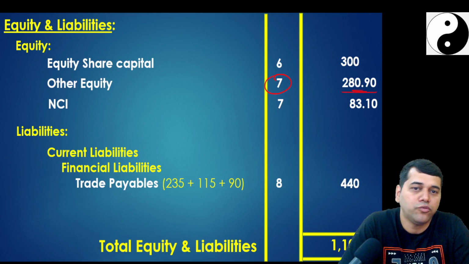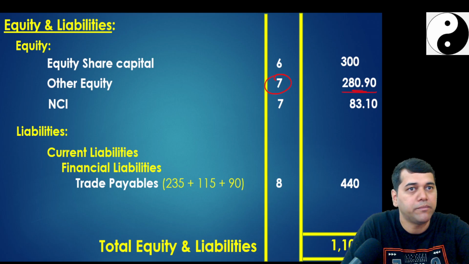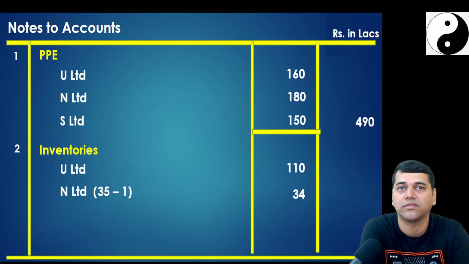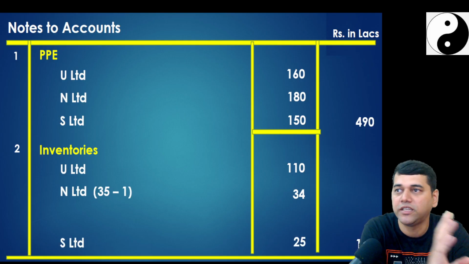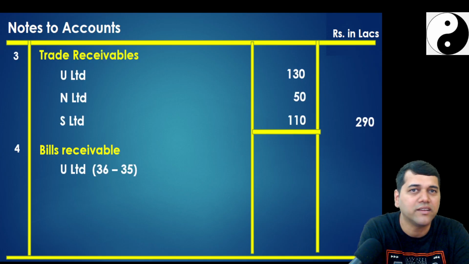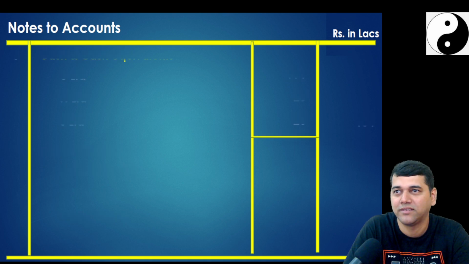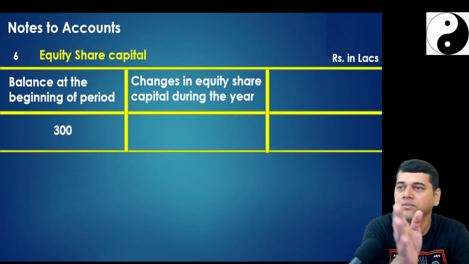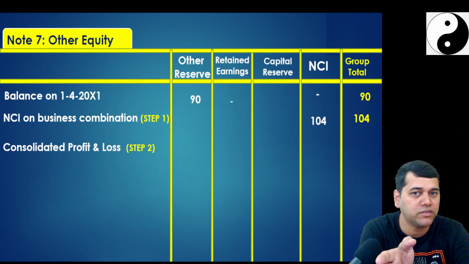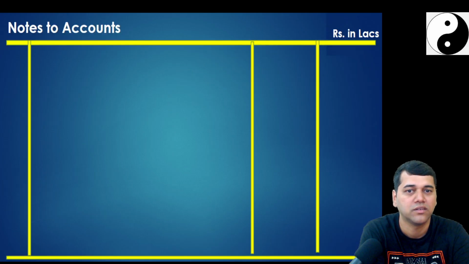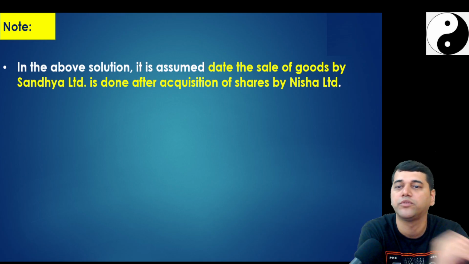Perfect. Now you have done, no? Again, after some time you come back and looking at this number, you start preparing the notes. And then you erase that, whatever you have written in the pencil. You can take a risk, put it in, no problem. I don't mind. If I am an evaluator, why I should deduct your marks? That's all, see, understood, no? Now this is all presentation part. From now onwards, it's just an administrative waste of time. This is just a presentation. So everywhere you have to give the notes. There is no assumption, only assumed to be goods to be sold after acquisition.